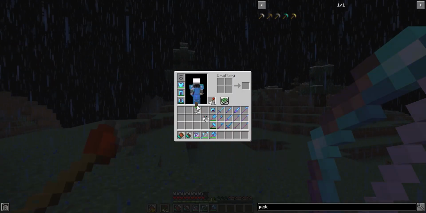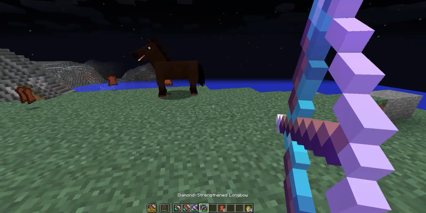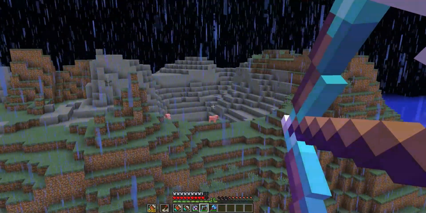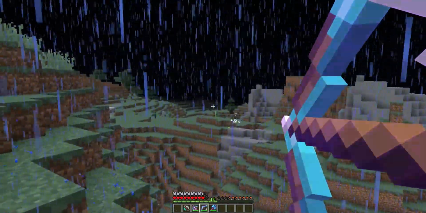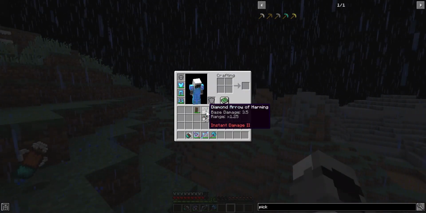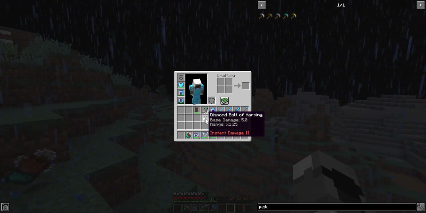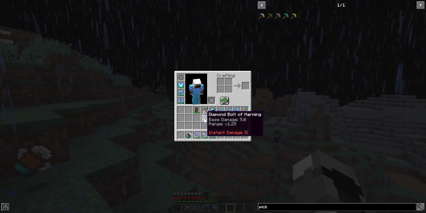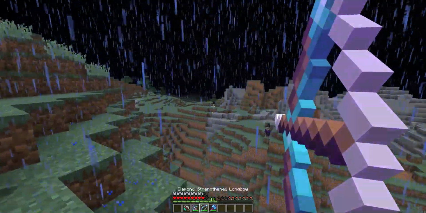We got ourselves the explosive arrows for last, yeah. Okay, we got ourselves the diamond bow. It's awesome. I wish I had something to shoot, and there will be something. Let's have some quote-unquote guinea pigs, you feel me? Super overpowered bow. So here we go. We got the damage 3.5, which is interesting because bolts of harming do 5 damage, and these do 3.5. Don't know why this smaller bolt does more, but hey, this is still a power 5 bow, so